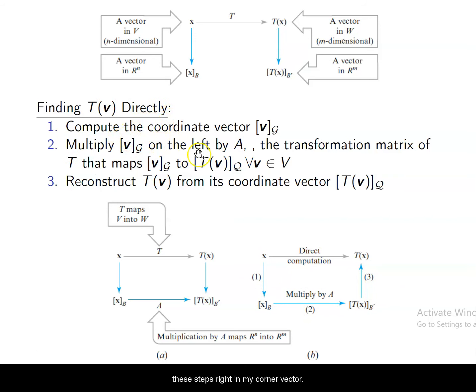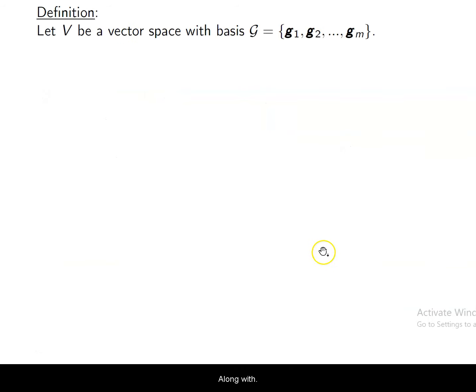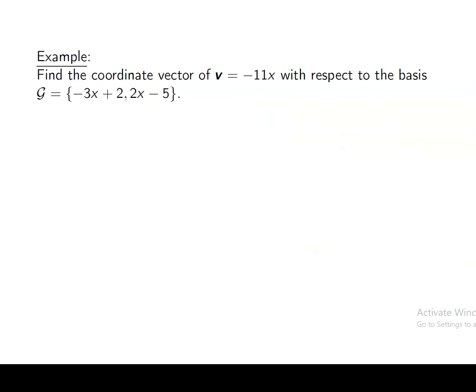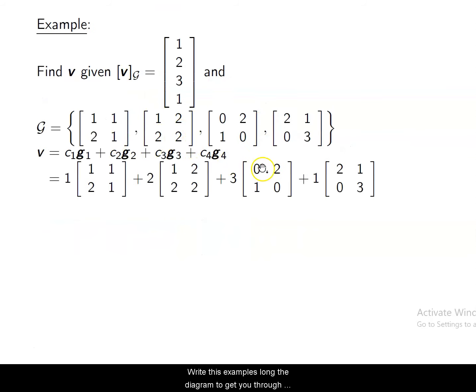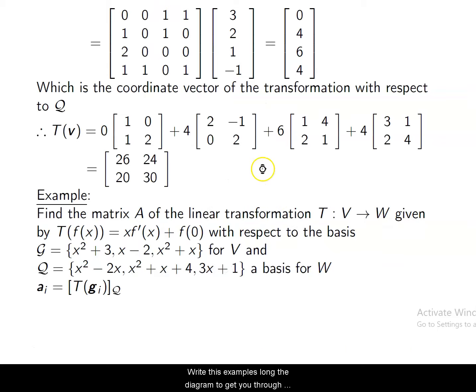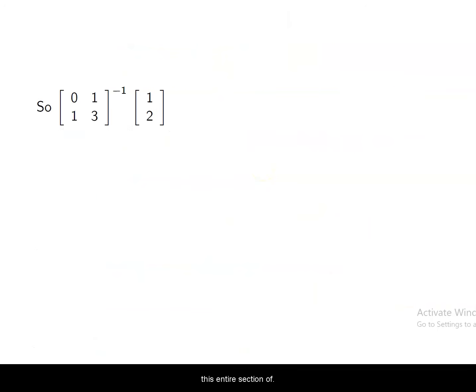In my coordinate vector, in my standard representation, in my basis, do I need to do a transformation? Is a transformation given, and I need to find the matrix representation of that? This is a very, very important diagram, along with examples 1 and 2. These two examples, along with that diagram, should get you through this entire section of